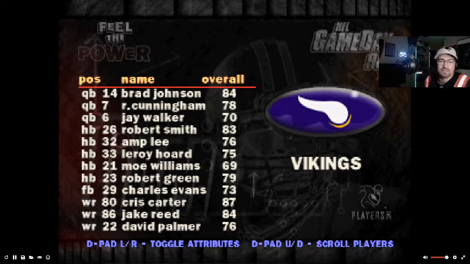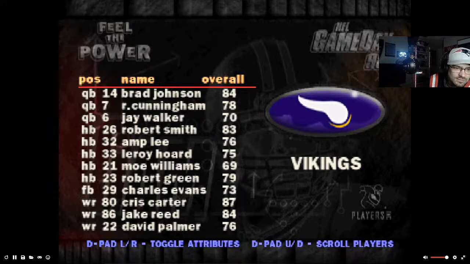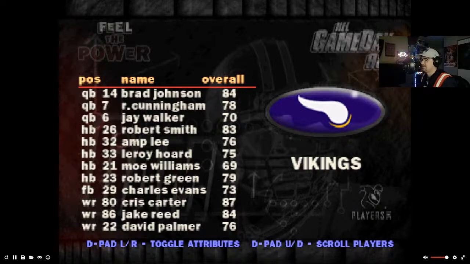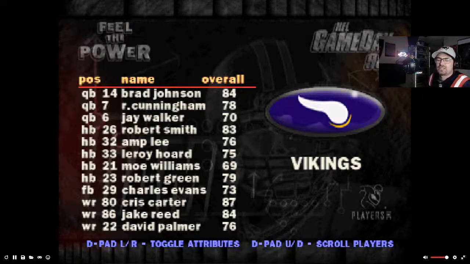And of course, the last team is the Vikings. Like I said, 28 teams. This Vikings team is interesting because Randall Cunningham is on the team. He's the backup. He was the backup for the Vikings. He would end up the next year being the starter. Him and Jeff George would switch duties, and they went 15-1. So crazy to see him backing up.